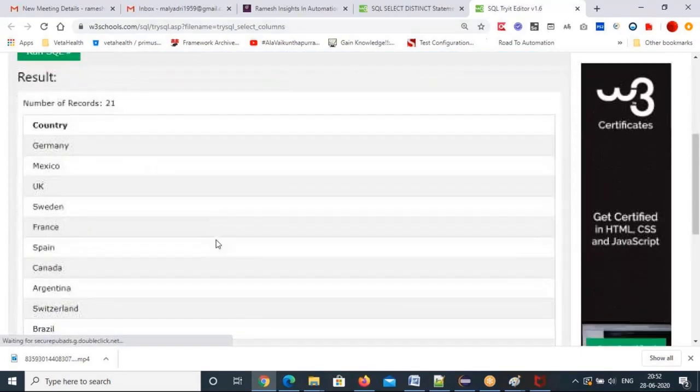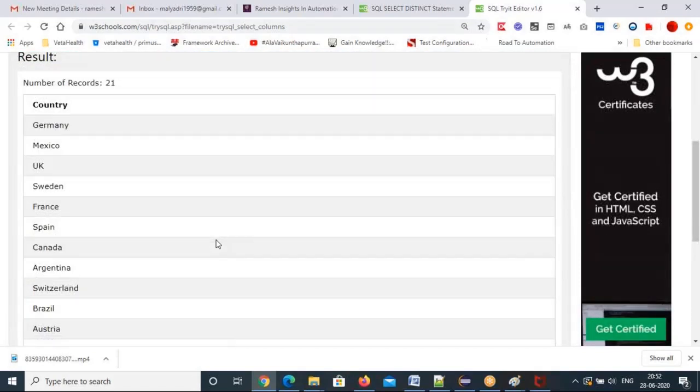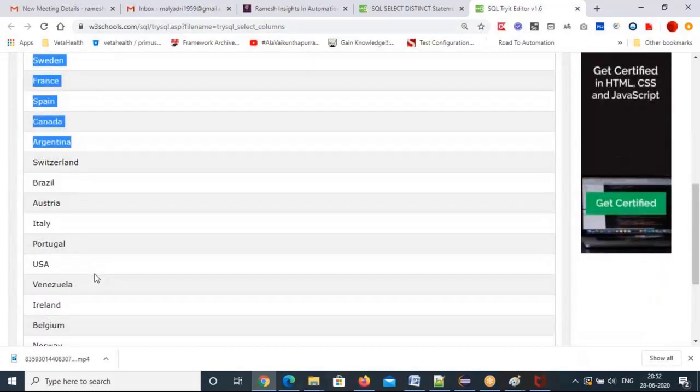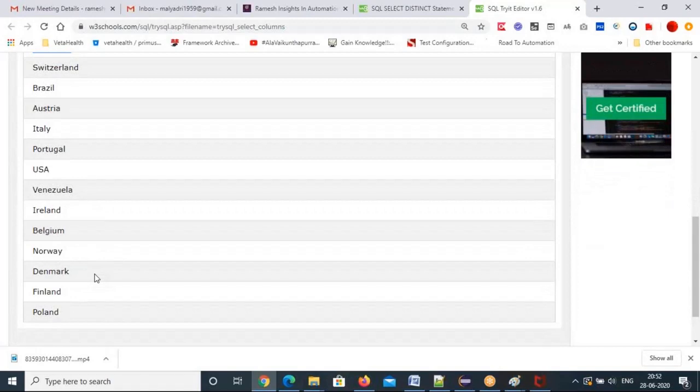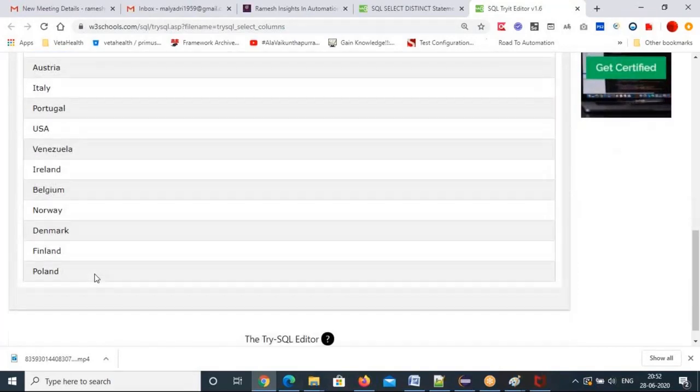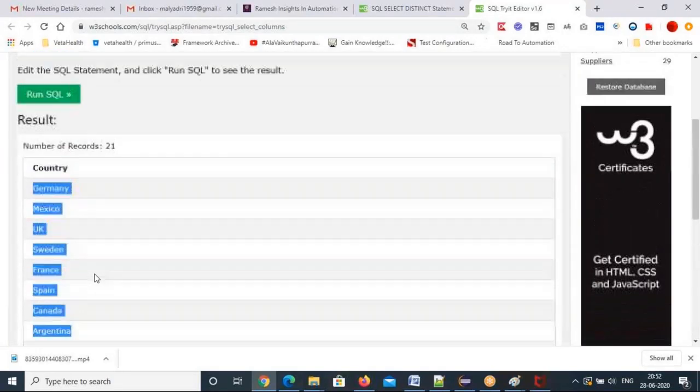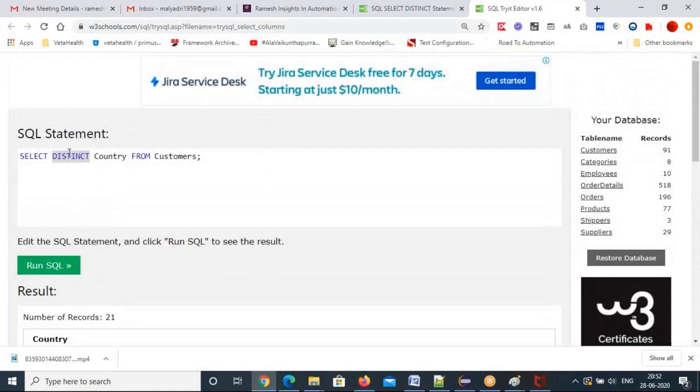See, only 21. 91 means 91, now 20. So that means 71 are duplicates. Now you see you got unique ones only: Germany, Mexico, UK, Sweden, France, Spain. So no duplicates at all. Did you find any duplicates? Can you see that? See, nowhere are there duplicates, right? So these are all the unique values you are getting. That's the advantage of distinct.